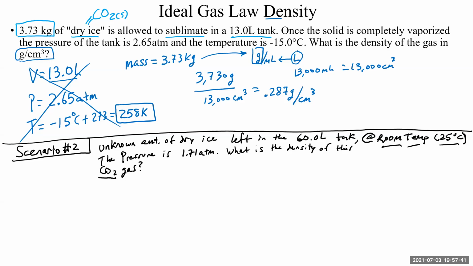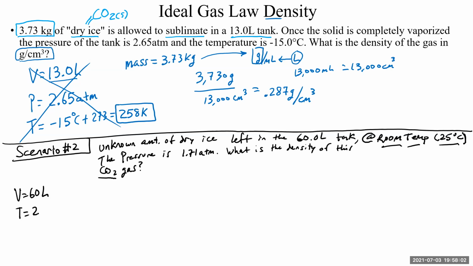So let's write down our variables. That's always the first thing to do. And in fact, if you're ever stuck and you don't know exactly how to proceed, write down your variables. And sometimes just looking at the variables you have or don't have will give you a clue as to where to go next. So we have our volume again is equal to 60 liters. And I'm not going to worry too much about sig figs here. I'm just going to write them down.